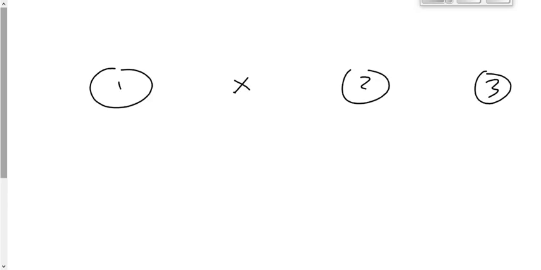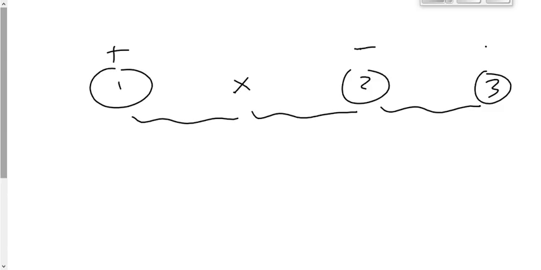As long as you had the numbers, then it really wouldn't be that big of a deal. Let's say that I knew this number, and this number, and this number. Let's say I know all those numbers. And let's say that charge 1 is positive, charge 2 is negative, and charge 3 is positive. Then we just say the field caused by number 1 is this way, to the right, because it's away from the positive. The field caused by number 2 is